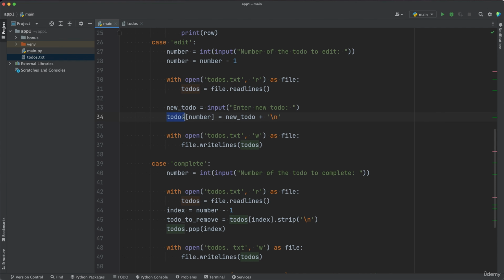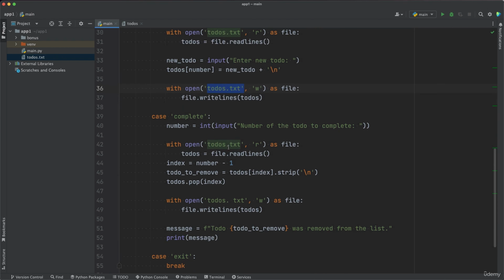And then once we replace the existing to-do, we open the file in write mode and we write that updated to-dos list in the to-dos.txt file. That's the edit case. The complete case is basically the same. We get the index from the user, we get the number of the to-do item from the user,